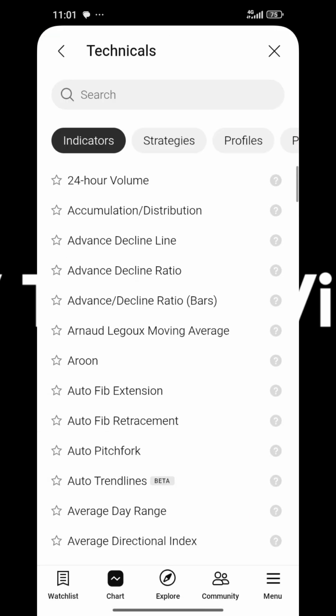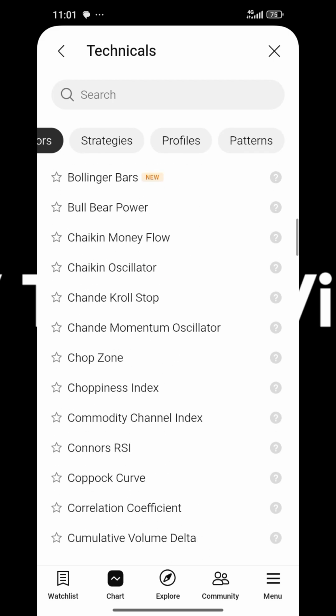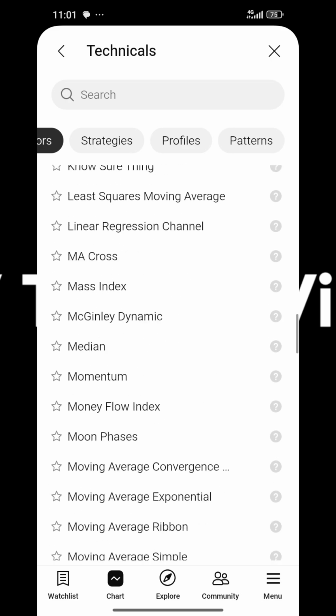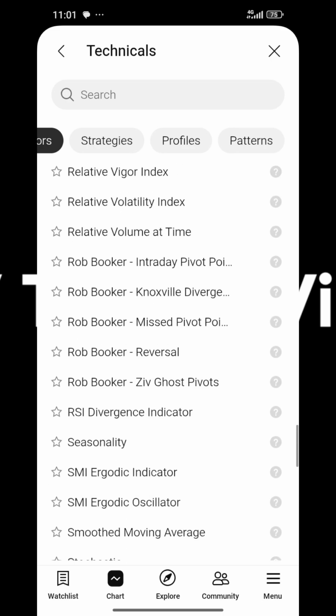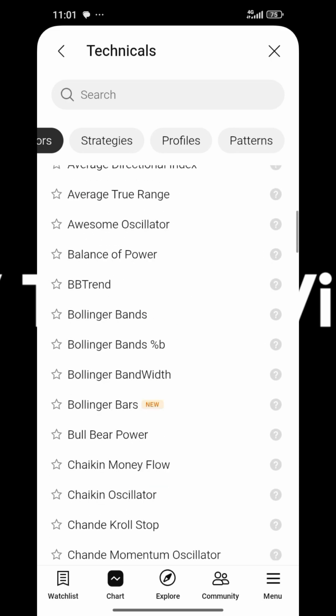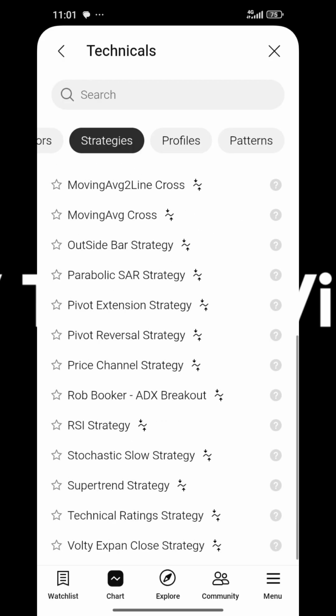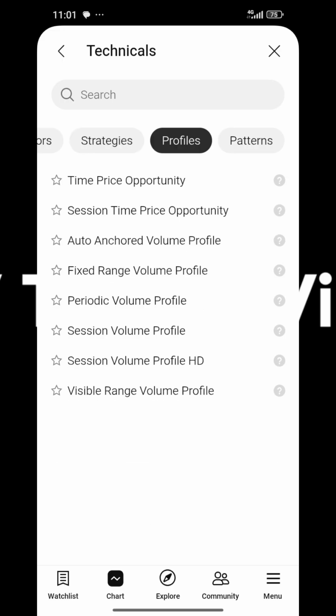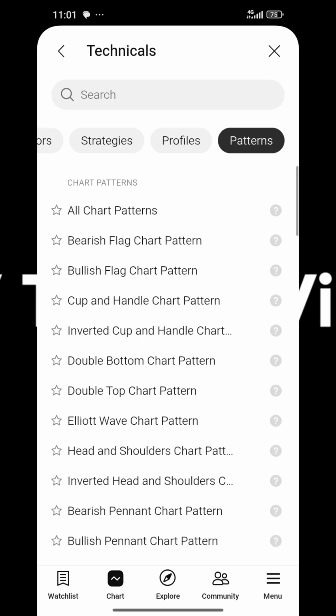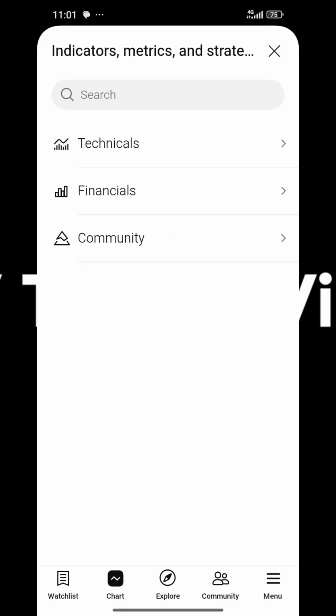You can see different indicators, 24 hours, volume, accumulation, distribution, strategy, a lot of them. But I'm not going to this. So you can see all the indicators, the different strategies you can use, profile, patterns. So yeah,